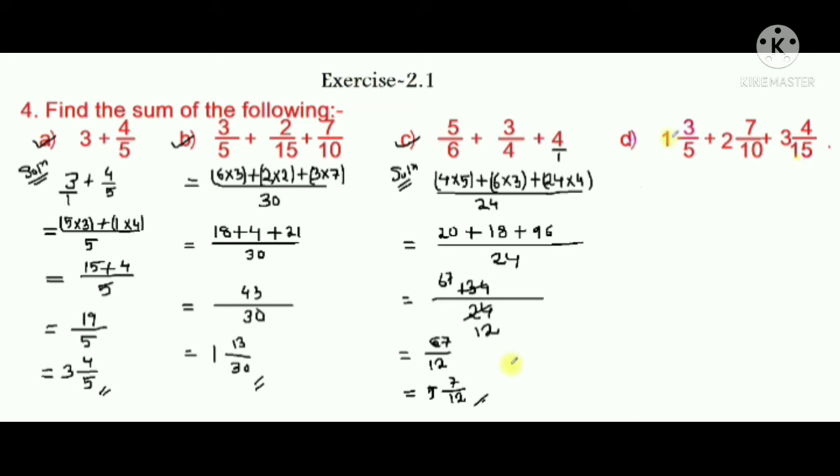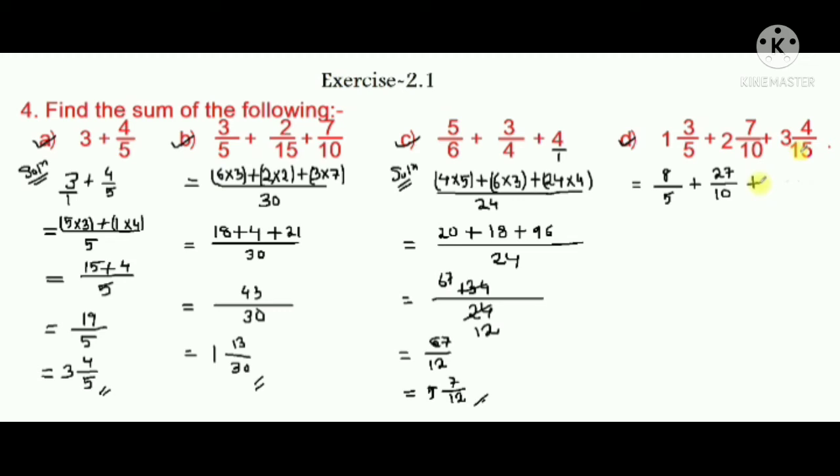So now question number D. See, same here, only what is given? There is a mixed fraction given to you, right? So you will convert the mixed fraction into an improper fraction. So very simple. Here 5 is the denominator, so 5 1s are 5, this first you multiply these two, 5 1s are 5 plus 3, what? 8. Okay, and then the same plus sign you give, then here what is the denominator? 10, right? Denominator 10. Then 2 and 10, so multiply these 2 into 10, 2 10s are how much? 20 plus 7,